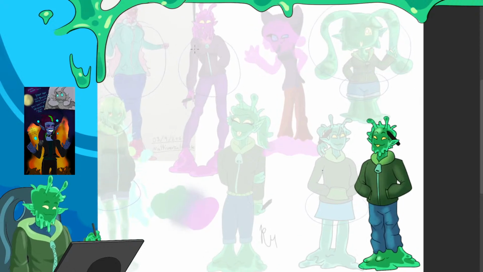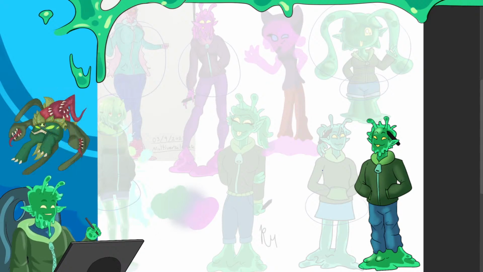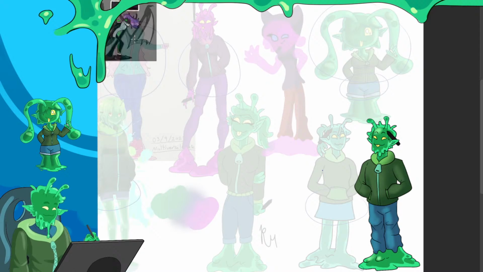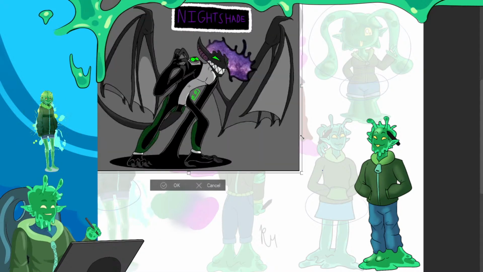Oh, Ghost Freak. If only your design made sense. There's a ghost line on him. Oh, we got some art tax from Codex. Speaking of, if you are an artist in chat, you got to pay the art tax. Send me some of your art, and I will pop it up on screen.